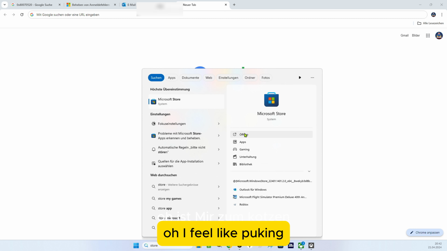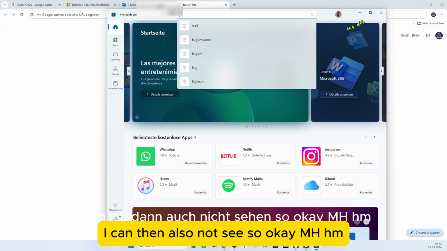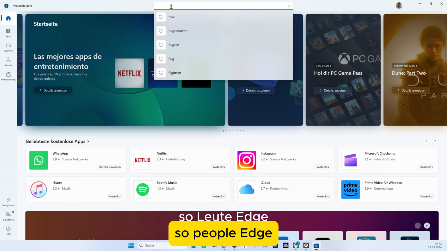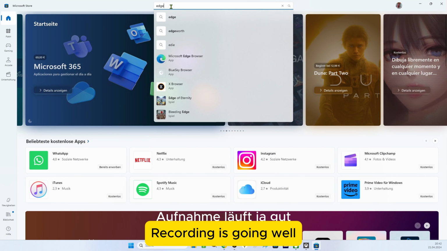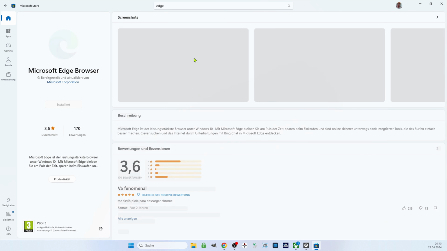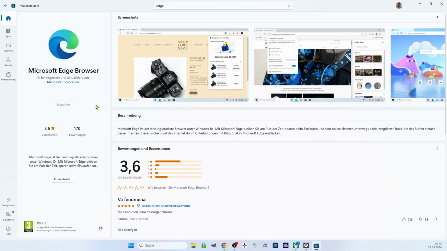Oh, I feel like puking. There you cannot see. I can then also not see so. So, people, Edge. Recording is going well. Edge, Microsoft browser application. I bet you when I have installed this thing, then